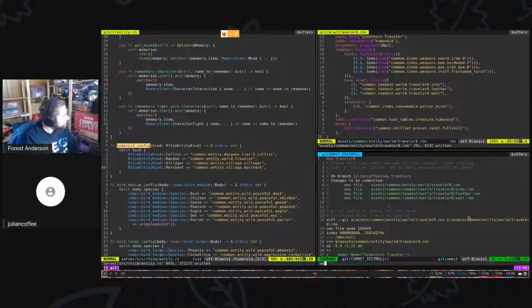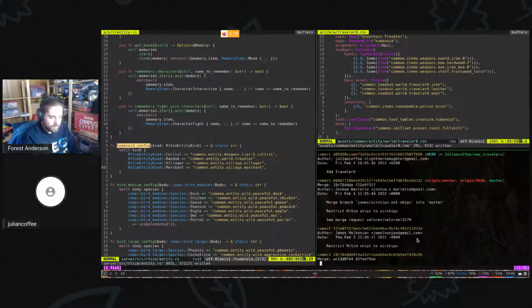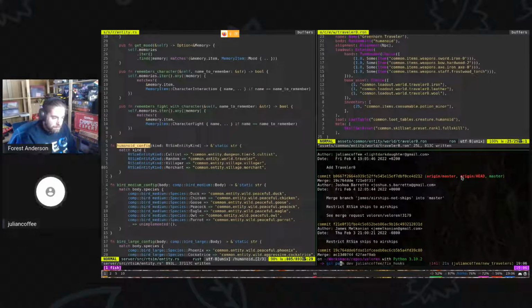Now, if we see our git log, we have our master branch on our GitLab, and here is our new branch, Julian Coffee new travelers. And what we will do next is